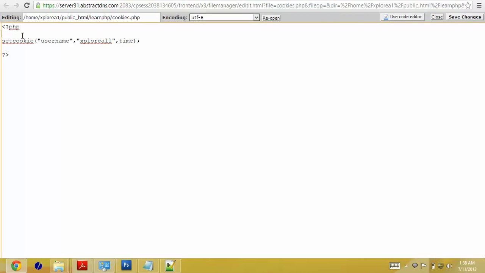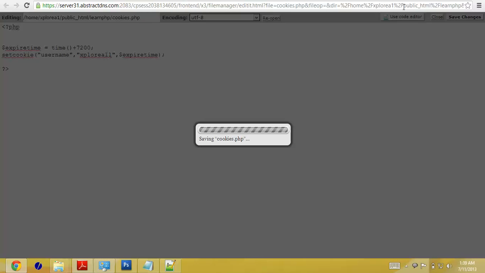For that I'll be taking a variable called expire time, and here I'll be using the time function. What is the time function? It is the built-in time function, Unix timestamp. Suppose I want to enable the cookie for 2 hours, I'll be writing here 7200 seconds. Now you just go and replace the time with the expire time variable. Expire time, perfect. Now I'll just save this and run